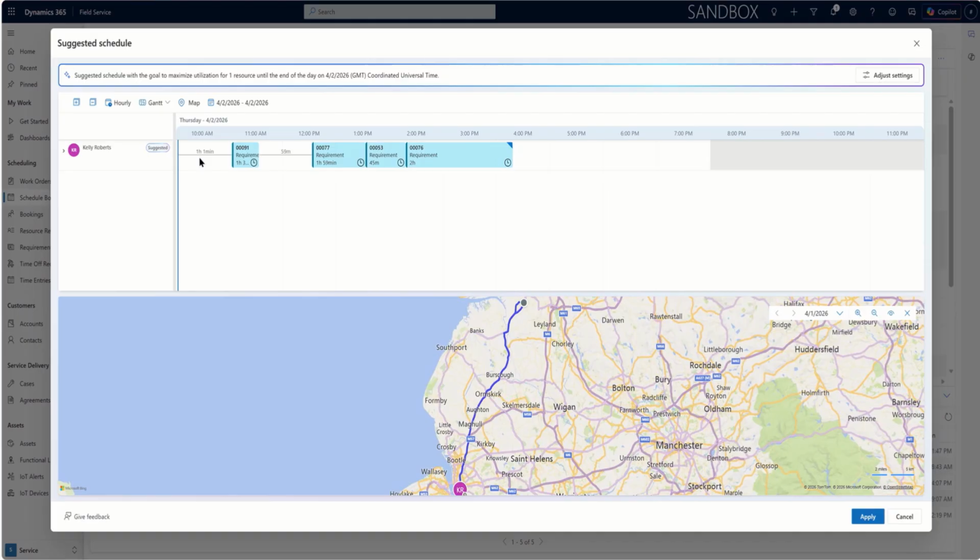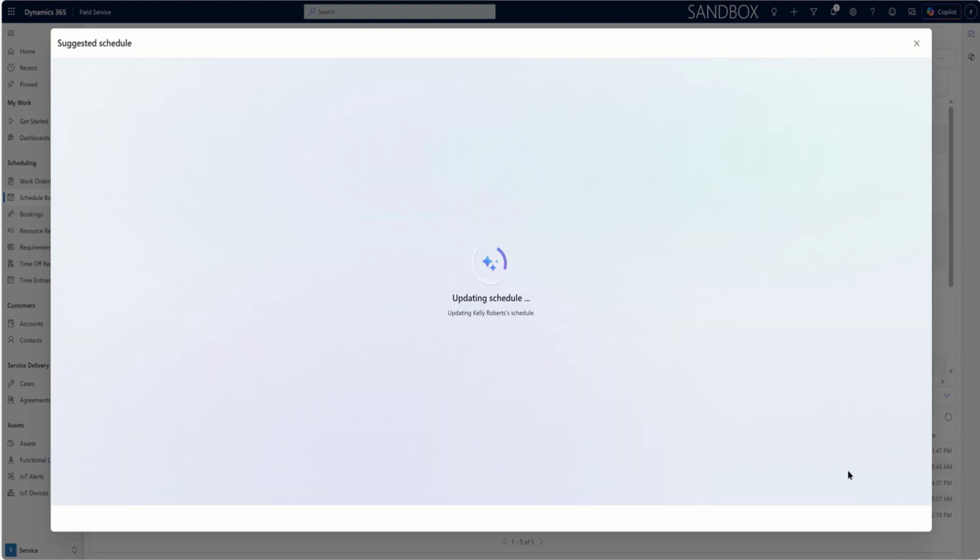And here the agent has made its recommendations. For the first job, there's a travel time of 1 hour before she reaches the location, and then she travels for another further hour until she reaches her second. Here she has 3 work orders. You can note that there's no travel time between these as they're all at the same location. Below we have a Bing Maps integration which shows the exact route that Kelly will be taking to carry out her jobs. If we click apply,